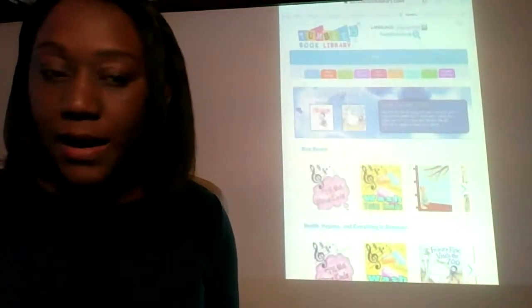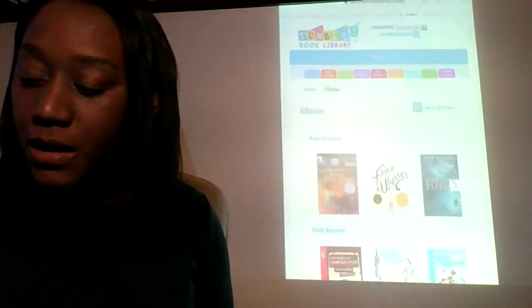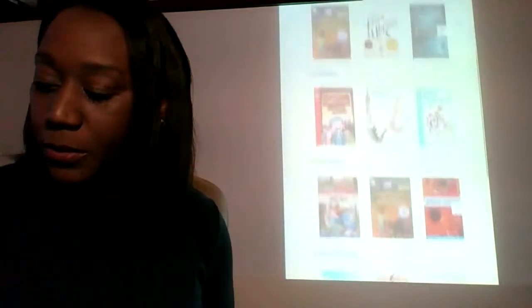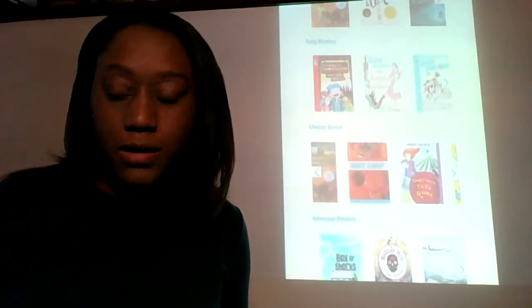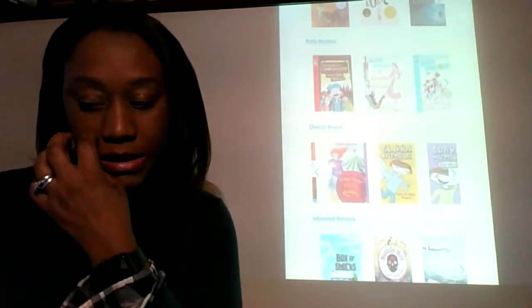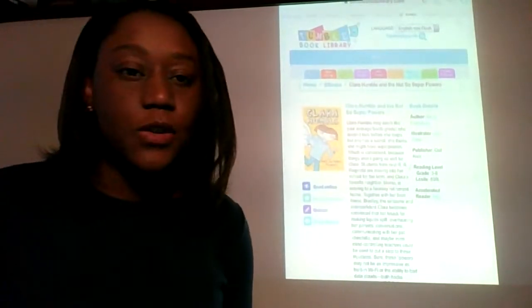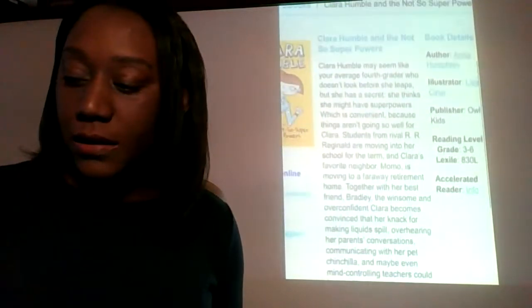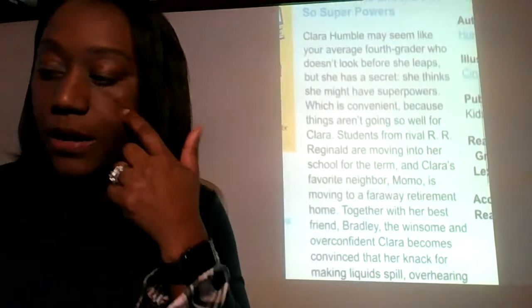Once you get into the library, there's a little tab at the top, the green tab, that's ebooks. You're going to press on ebooks and then scroll down to chapter books. When you get to chapter books, use the little arrow to scroll across chapter books, and there she is, Clara Humble and the Not So Superpowers. Okay? All right.